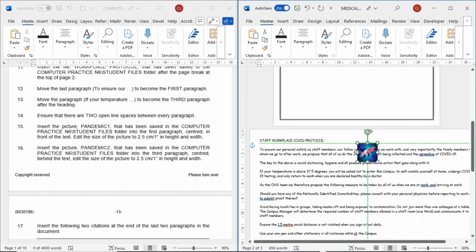Center, so hit center, the green line will tell you. Okay, let's continue.